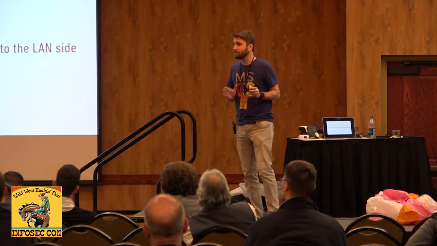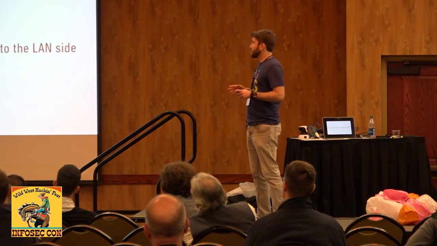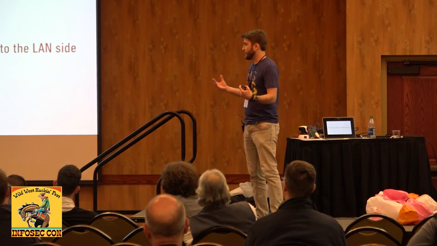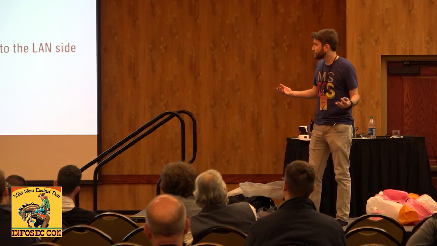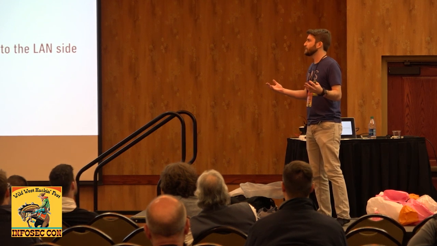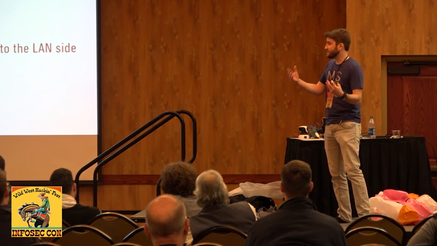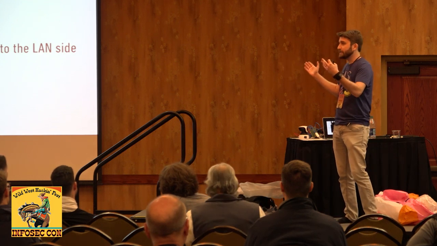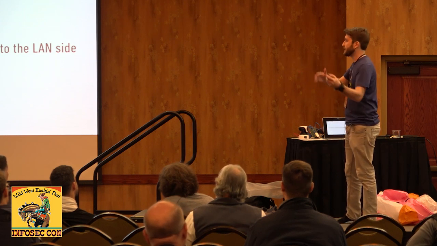So if you don't know what UPnP is, or to be specific, UPnP IGD, Internet Gateway Device, and that's the RFC if you really want to read it. UPnP is a protocol that basically allows software to connect to the UPnP API that's on your router and ask it to forward ports from the WAN side to the LAN side. So for example, if you use Skype, Skype was, I think, one of the first programs that used UPnP. It needs to forward ports because if you're behind a NAT router, your computer isn't accessible from the internet. So Skype, for example, sends a request to the router and says, hey router, I need you to forward me port 1111 to this IP address on the LAN side to port 1111 TCP.